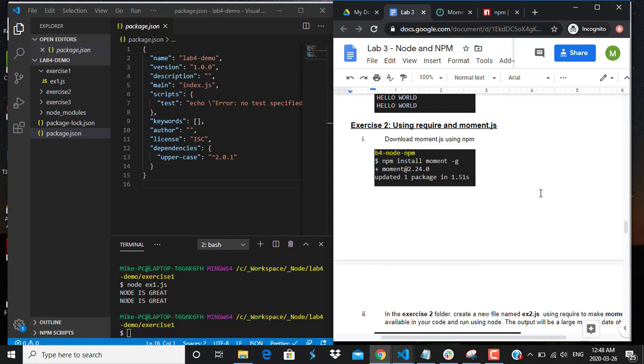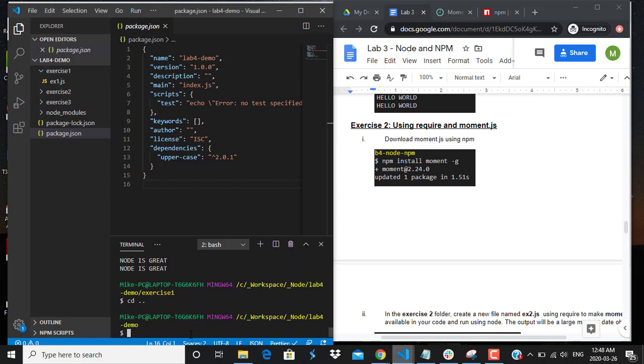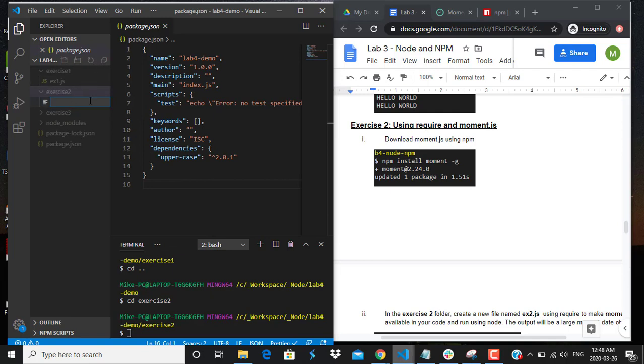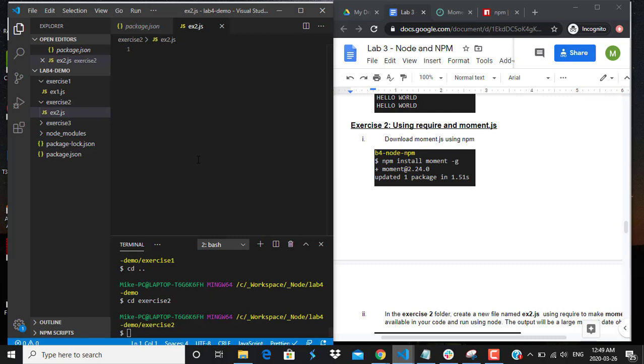All right, so exercise 2 is going to say use require and moment.js. So basically, we are going to use the third-party modules here. So what we want to do is we want to go back, cd dot dot. We want to go into our exercise 2 folder, and then here we want to either right-click new file, or we can use those menus on the top there. So ex2.js,